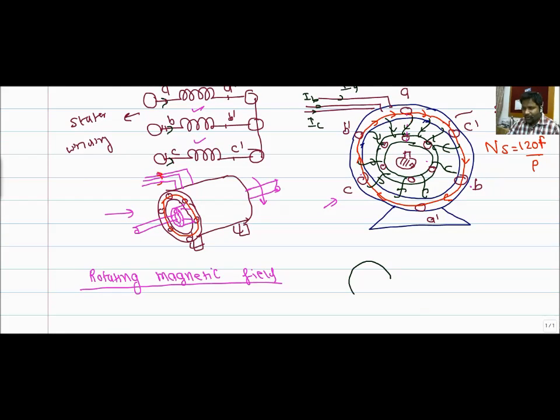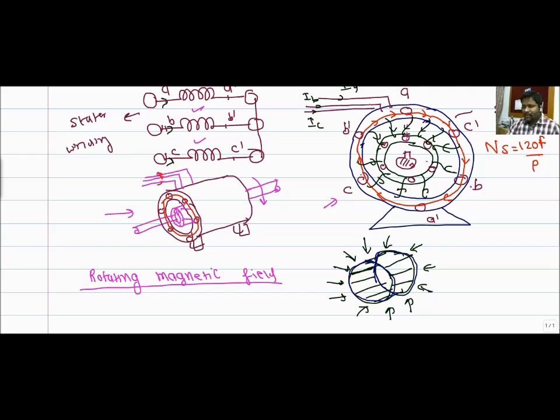So we can say that this is the one point. Here we can say that this is the rotor conductor, and the field is continuously coming in all directions because it is rotating in nature, and the rotor conductors will be cut by the flux which is coming from the outside. So this is the rotor bars or rotor conductor, which is short circuited at the outer rings. Why we are giving the short circuit we will discuss later, but first understand the phenomenon of the rotating magnetic field.